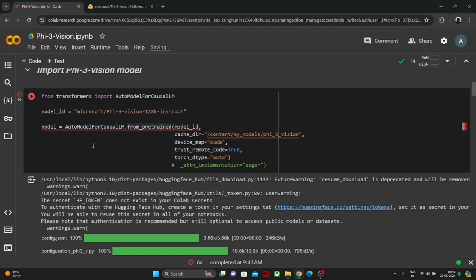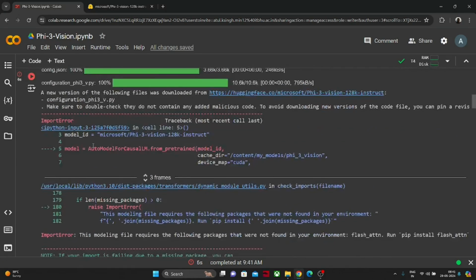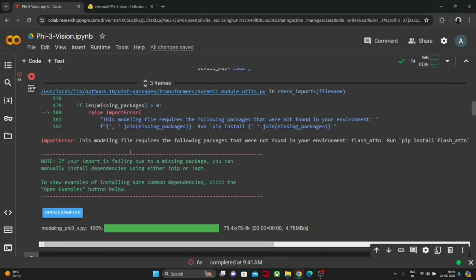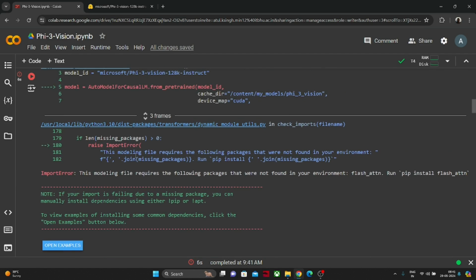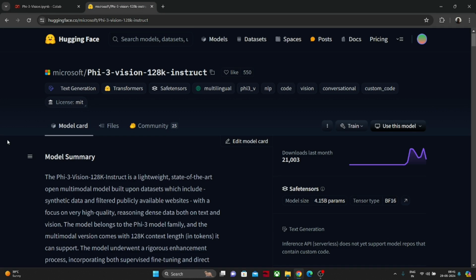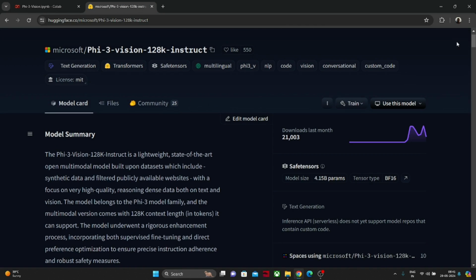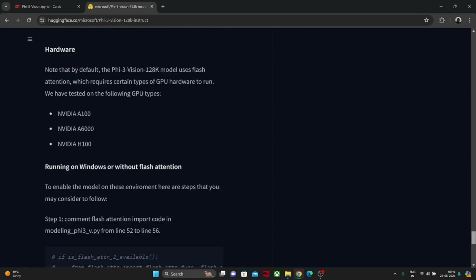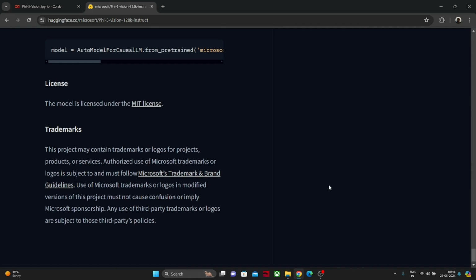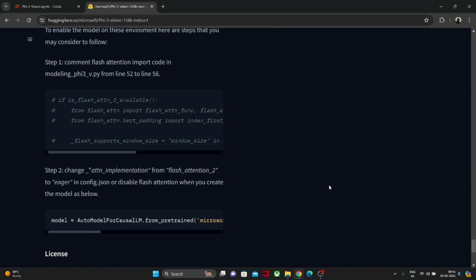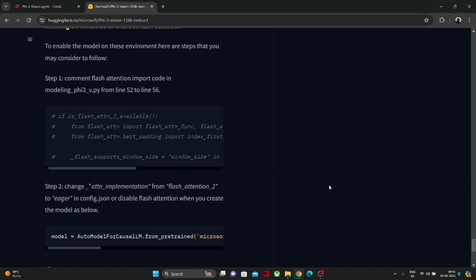So, yeah, you can see there is an error over here. It is saying that this model file requires the following packages that were not found in your environment: flash attention. So run pip install flash attention. But we are not able to use flash attention with this T4 kind of GPU. So if you go to the page of this Phi-3 Vision model on Hugging Face, at the bottom of this page, they have also provided a way where you need not use flash attention, and you can still implement